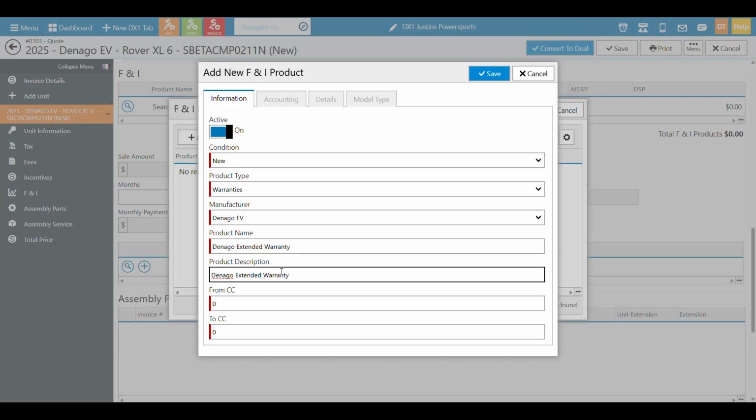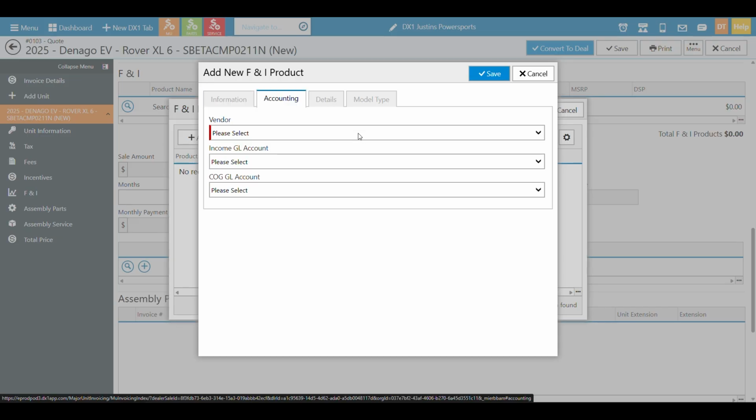Now you might be thinking, well, you're forgetting what the term is. This one's 12 months or 24. We can actually deal with that here in a minute. In this case, we can also set what CCs this is from. Again, this is where we can start to get into whether this shows for everything or just certain things. In this case, I'm going to make sure it shows for all things possible Dinago, from 0 cc's to 10,000. So that would cover electric to the biggest motor you could find.